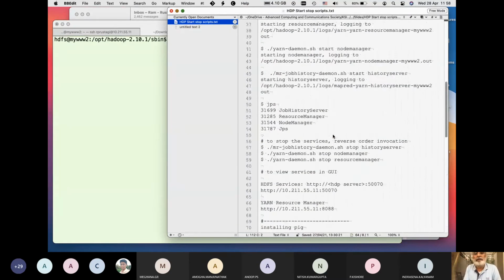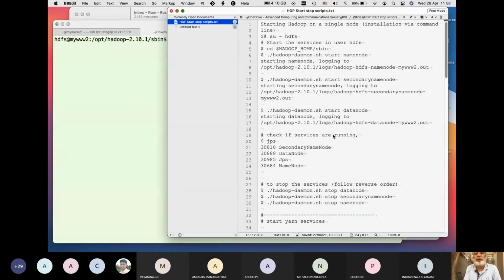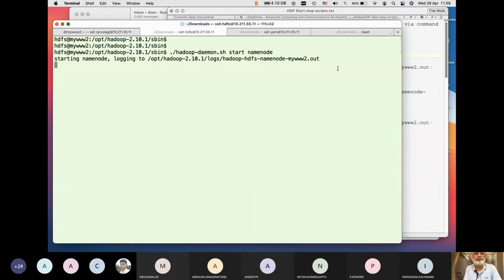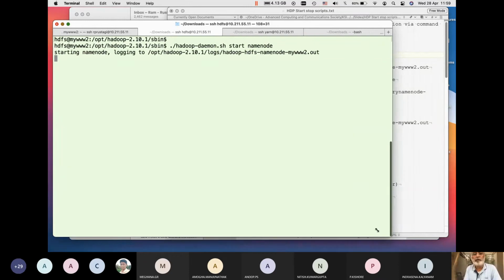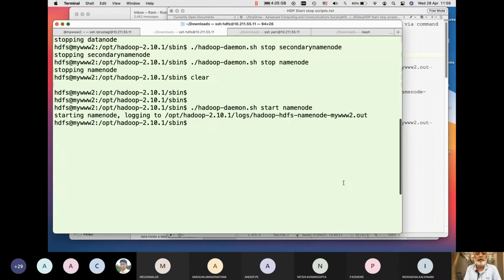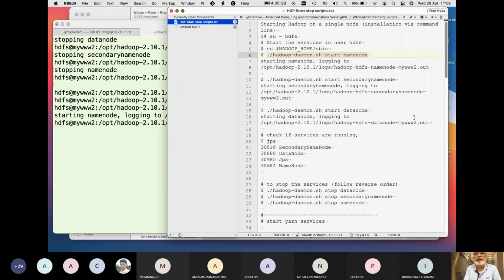I'll start. On a single node, you can run your programs. Go to the HDFS directory and start the name node. Hadoop, I start the name node. The name node is started.